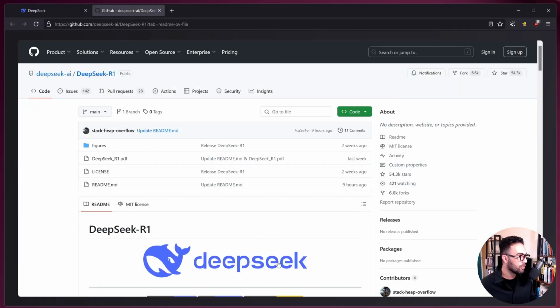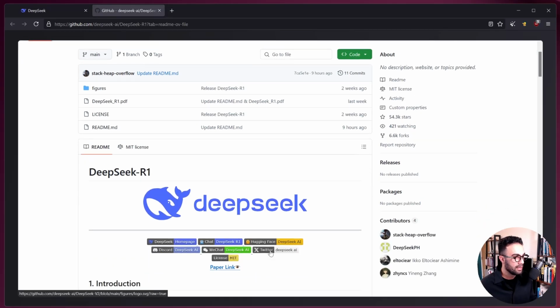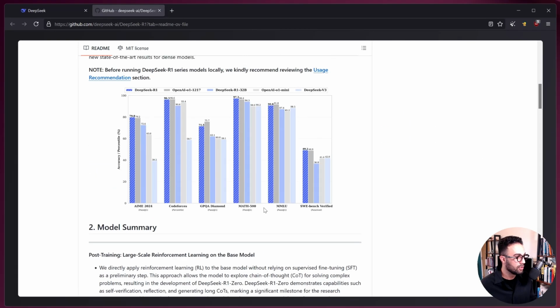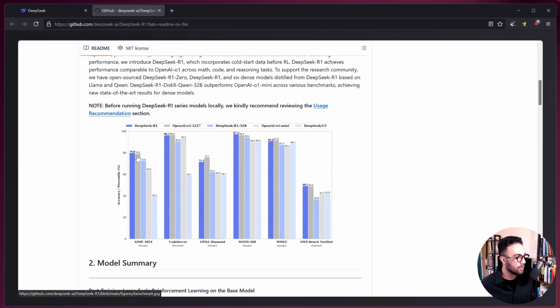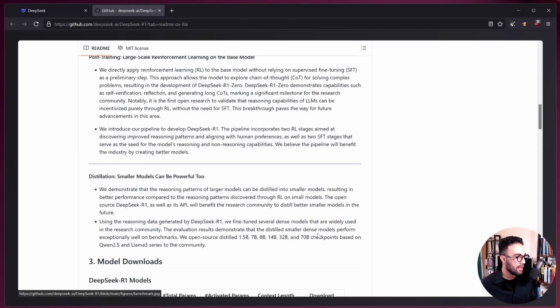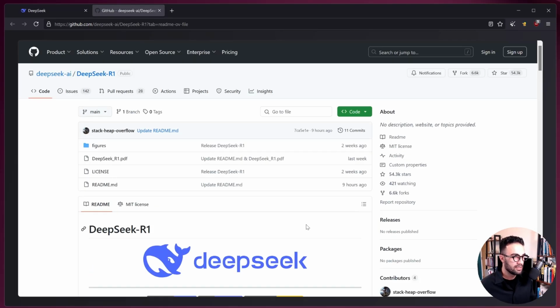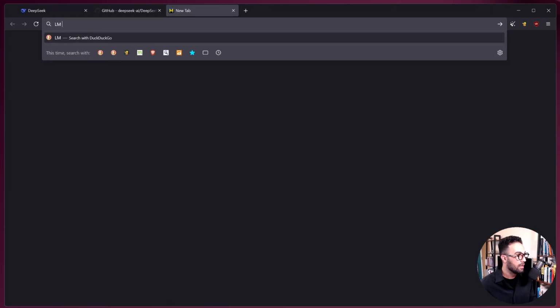If you also go to the GitHub, you can see that DeepSeek R1 is open source. You can have access to pretty much anything. There is also a comparison if you want to see, but I'll leave these things for you if you want to read more. But what we're going to do is go and install LM Studio